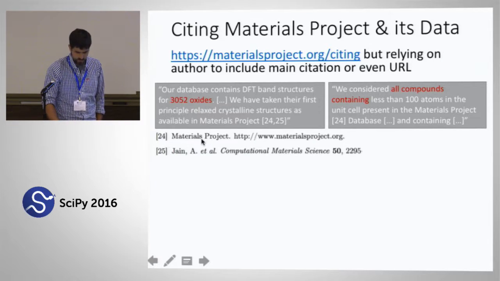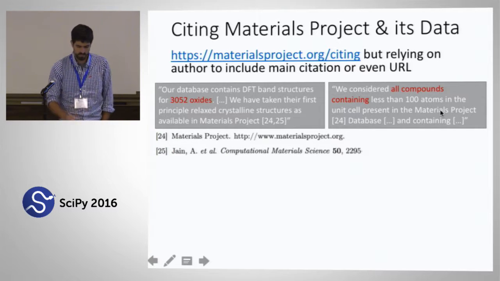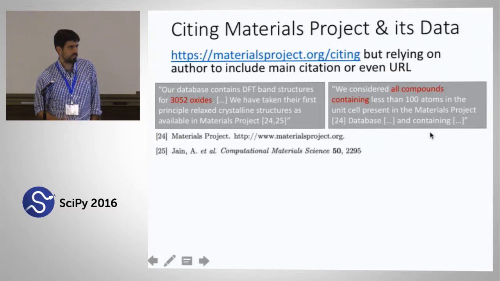And they cite us, but the way they cite us, you see, is as our link, which is good, and then the generic first paper that was written about Materials Project. Same further down in the same paper, like we considered all compounds containing a certain set of atoms, and we got them from Materials Project through our REST interface and so on. So for many papers that are out there in their analysis, our data set and the things that we calculate